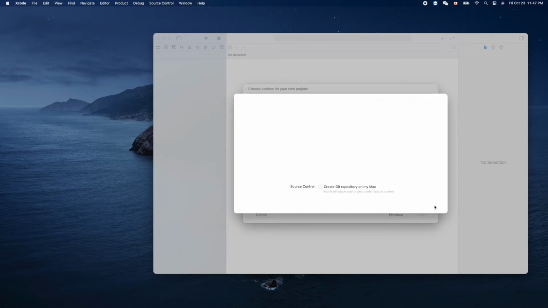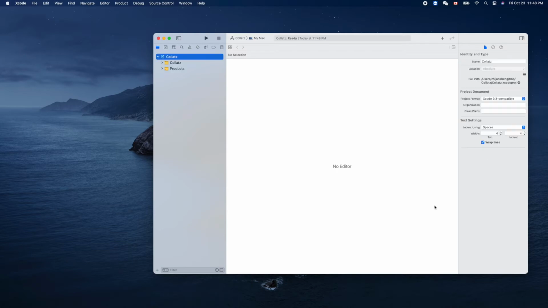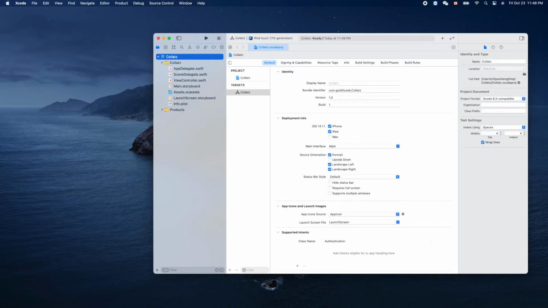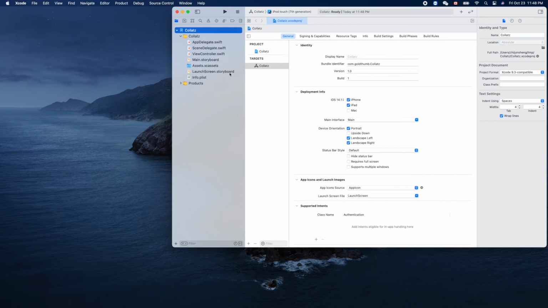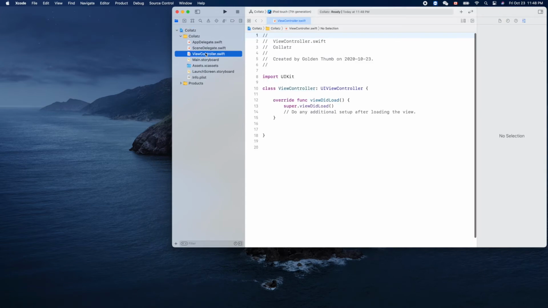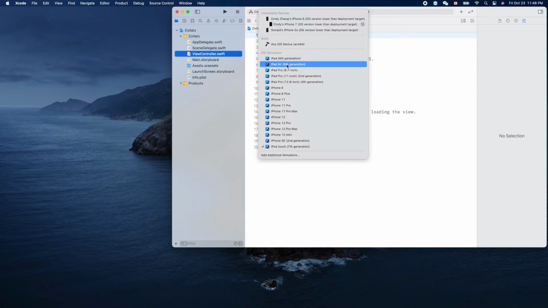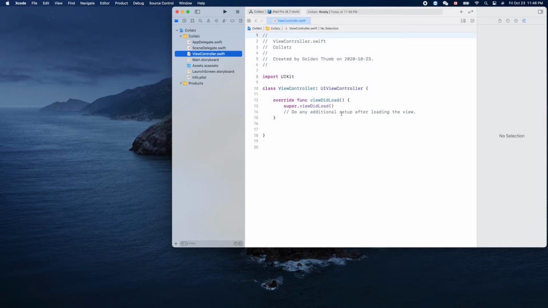So create. Now let's talk about what that thing is, okay. Let's change this to our, yeah, it doesn't matter because we won't use it actually. Okay, so now